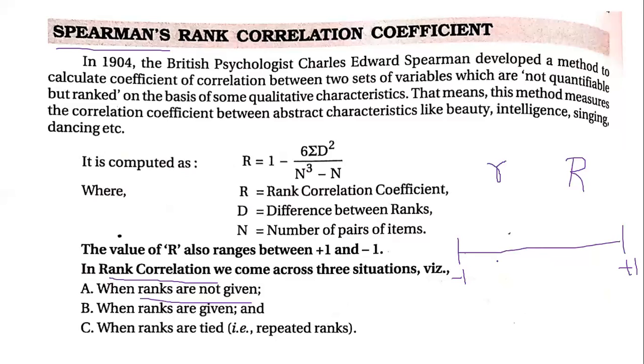Now in a quiz competition, if you have 2 teams winning first prize, and they've got the same first prize marks, there is a tie between the teams, so maybe we will have one more round to break this tie and decide who will come first and who will come second. Similarly, when ranks are tied here, we will use certain different ways to solve them, and then calculate the correlation coefficient. Okay, so this is the basic idea about Spearman's rank correlation coefficient.